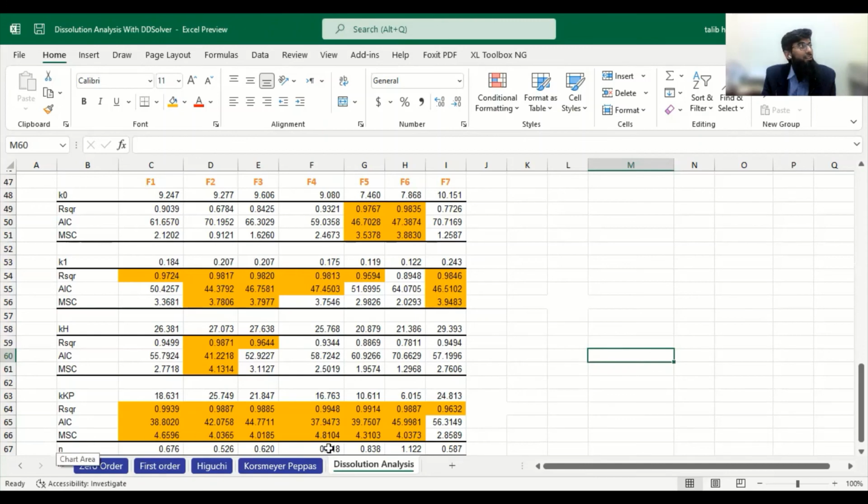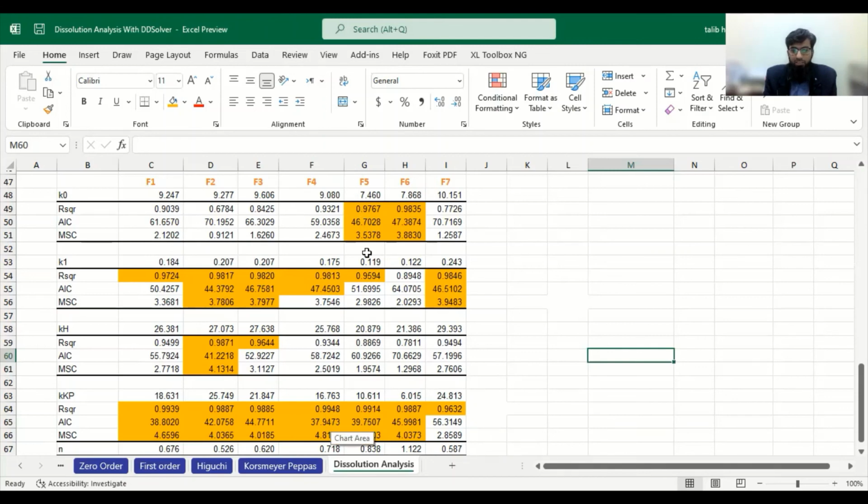The n value will determine whether it is a combined system, a lone dissolution control system, a lone diffusion control system, or a retarded diffusion control system. Similarly, for F4, no model except the KP model is suitable.